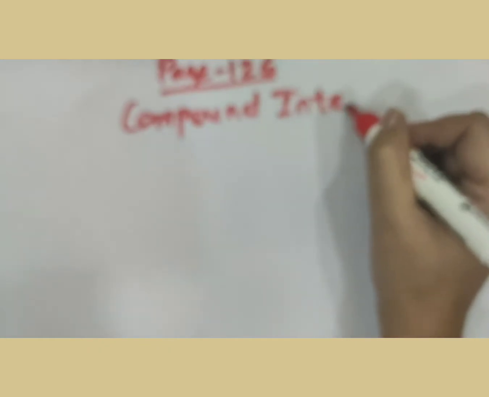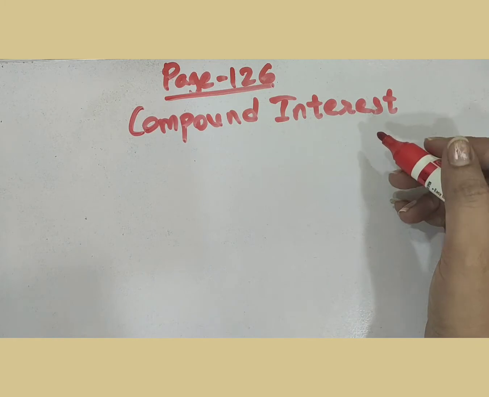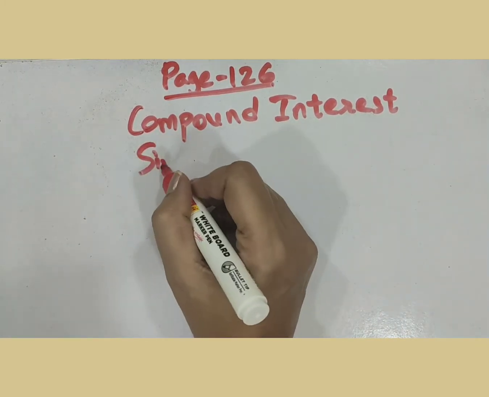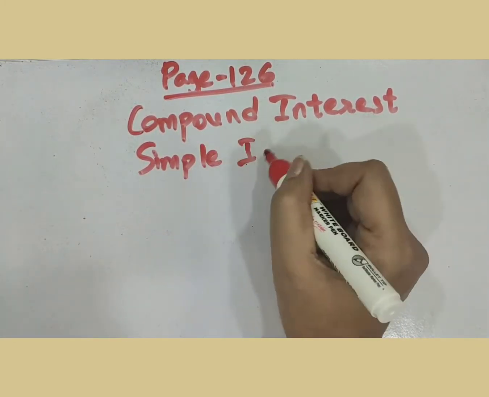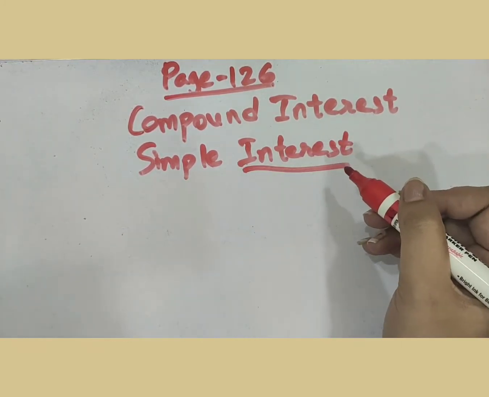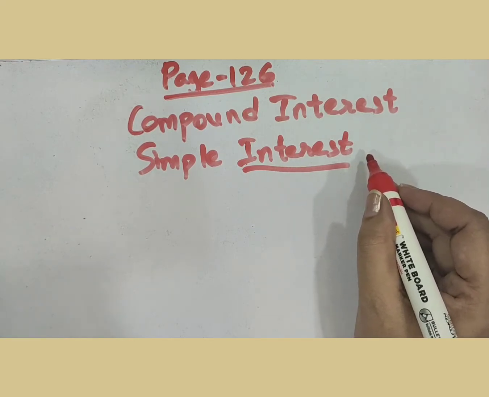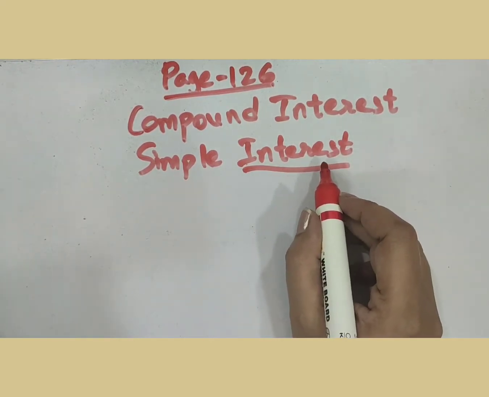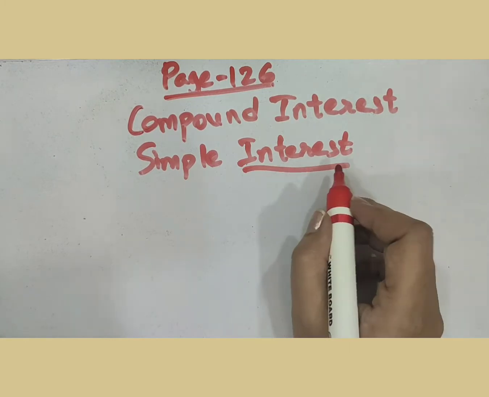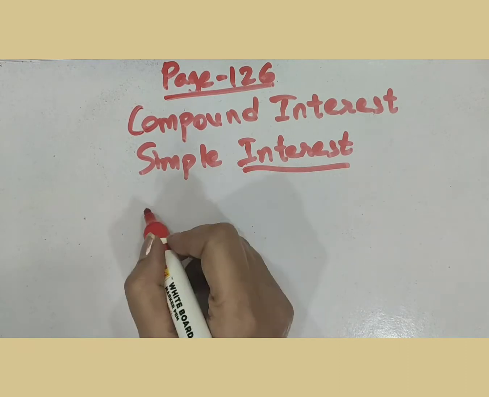But before starting with this topic, let us revise what you have done in your previous class. Now, already you have learned about simple interest. Interest is the extra money paid by institutions like banks or the post office, and even when people borrow money from the bank they have to pay some extra money, that is called interest. Now how to calculate simple interest?